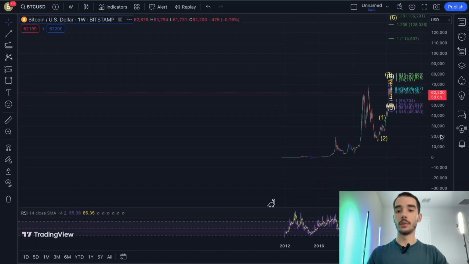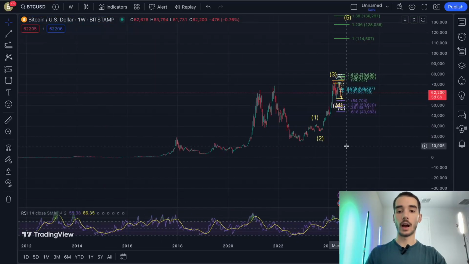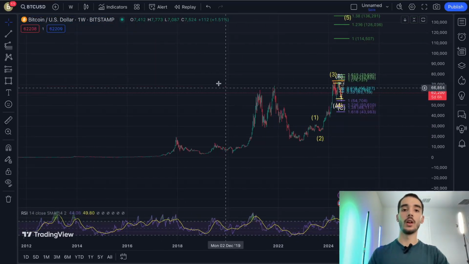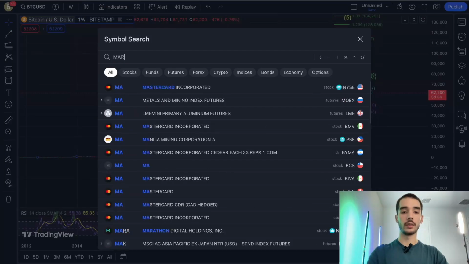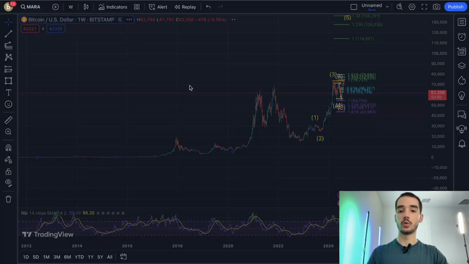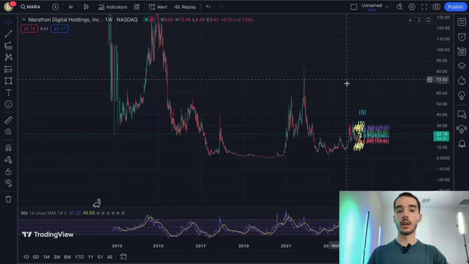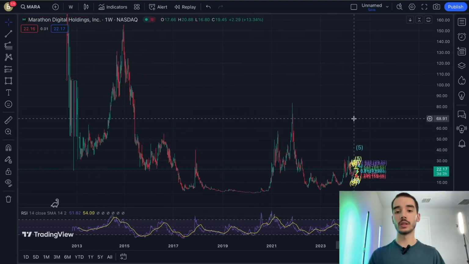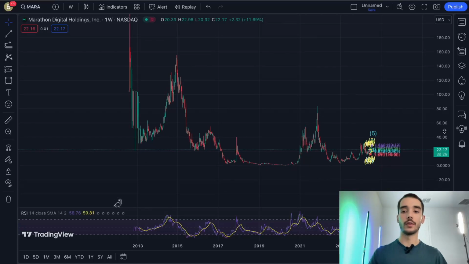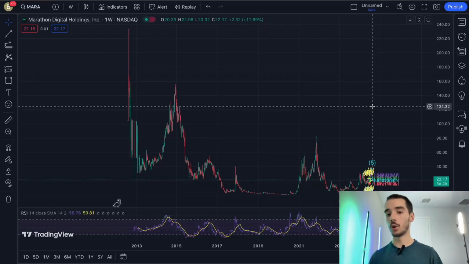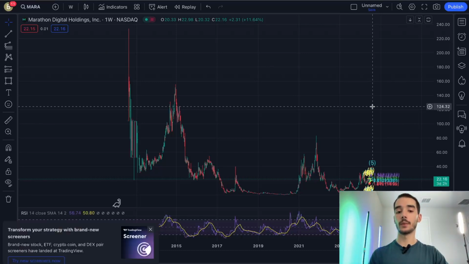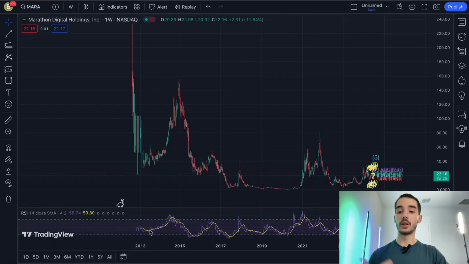So Bitcoin has always moved higher over time, and Mara has moved down over time. This is just my opinion, but when someone says, oh yeah, if Bitcoin goes up, Mara will go up, if Bitcoin goes down, it's the same thing, it's just going to follow it, it just mirrors it, basically. If people tell you that, in my opinion, that is not true.